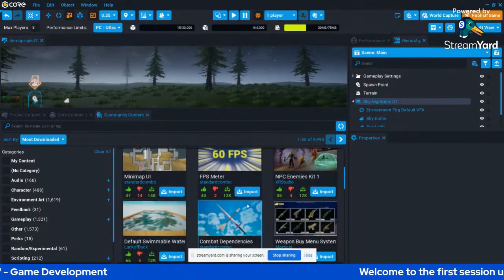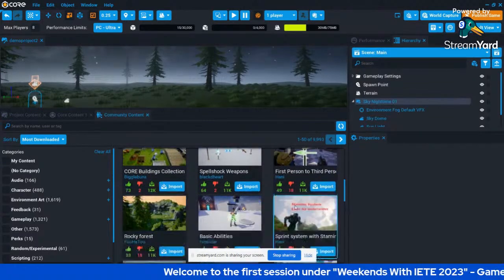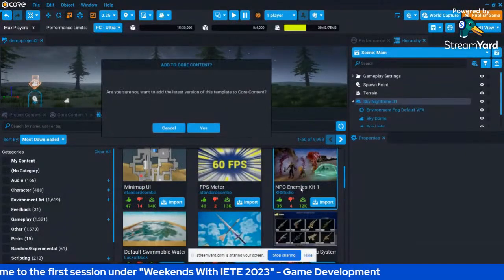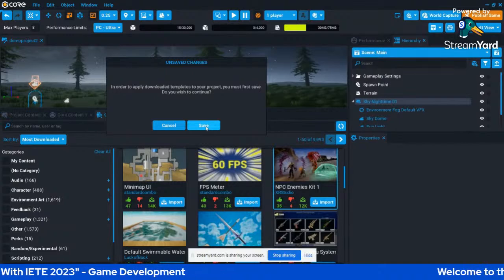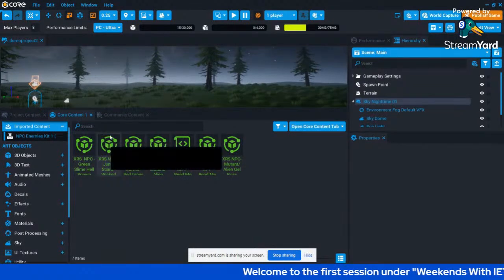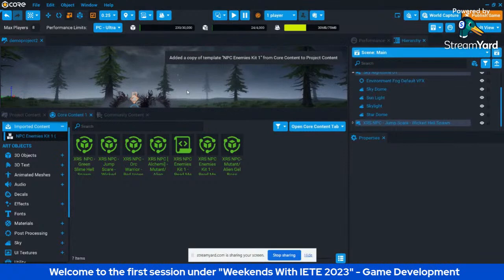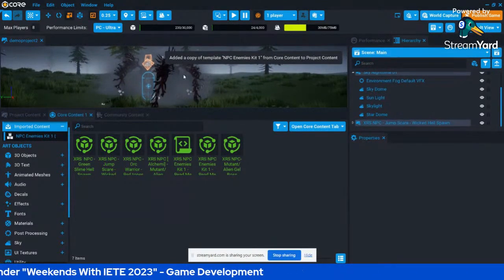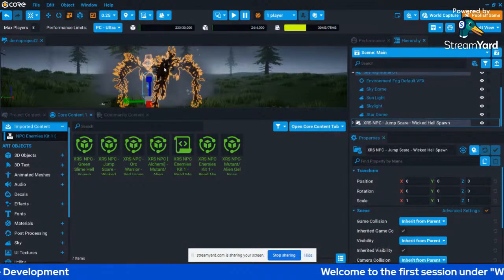Let's import the animated. Now, can you see? I have imported this wicked spawn from the community content.